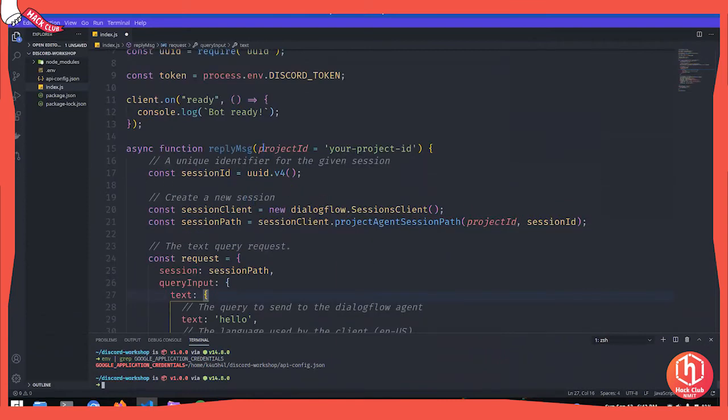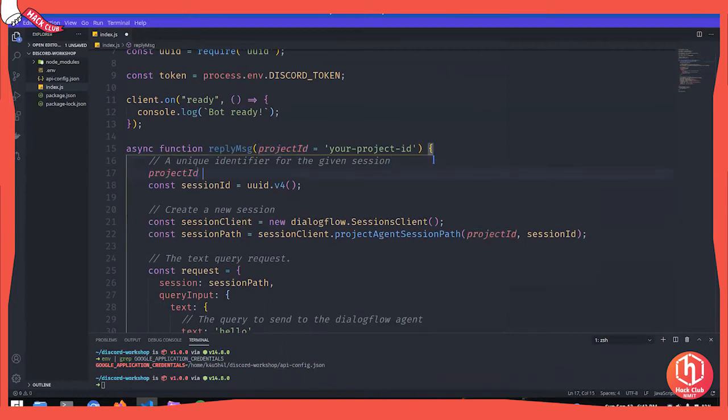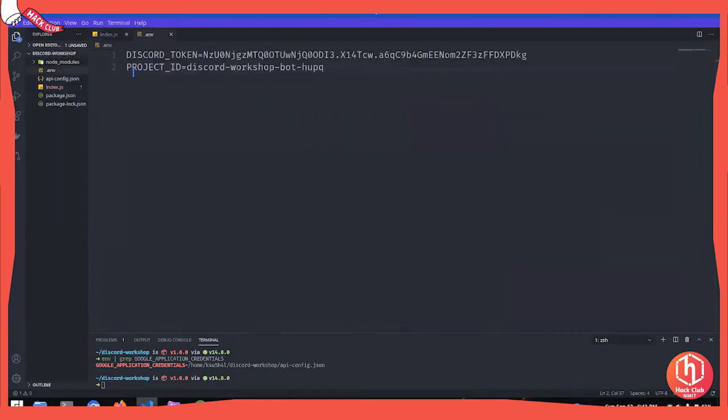Now I'm going to make a few changes over here. Instead of passing project ID as a parameter, I'm going to copy this and paste it down here, and equate it, but I'm going to put const there because it's a variable. Then I'm going to remove this. I think you guys remember that we created another variable in our environment file called project ID. So we need that.